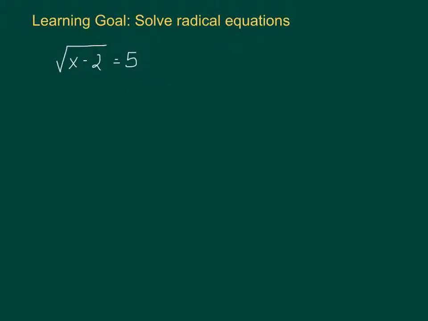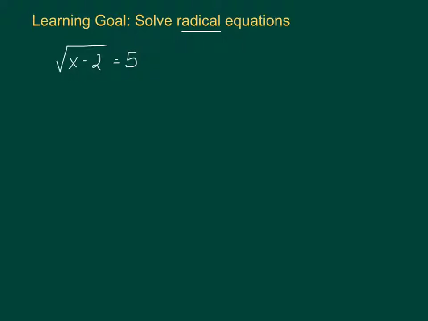The square root of x minus 2 equals 5 is an example of a radical equation. What makes it a radical equation is that there's a square root in it. It could also have a cube root, a fourth root, or any other power root. Our goal in solving a radical equation is the same as it would be in any other equation, to